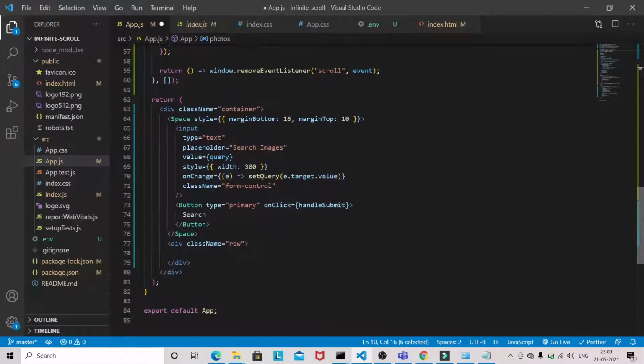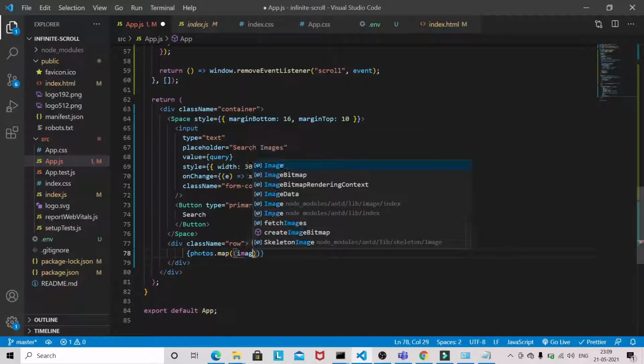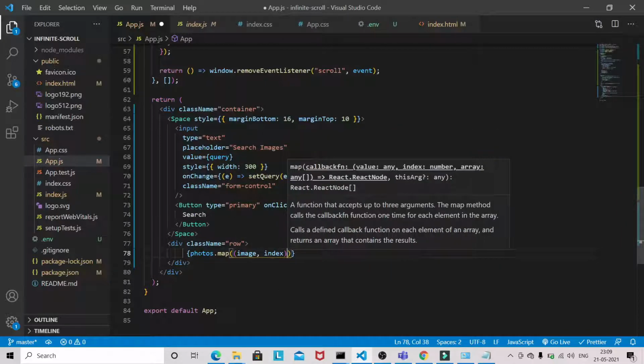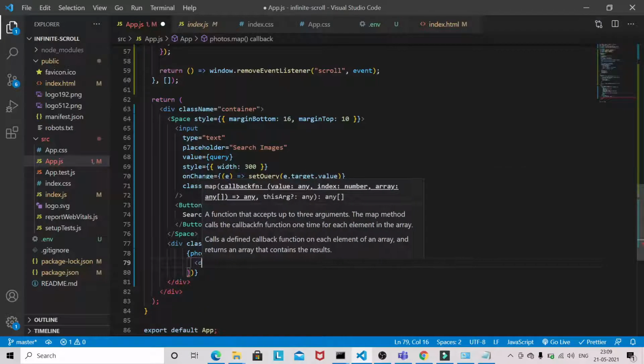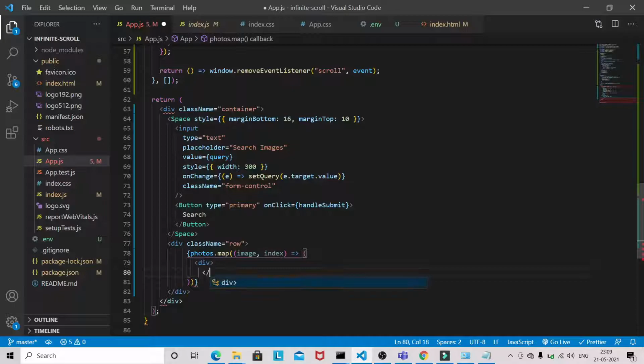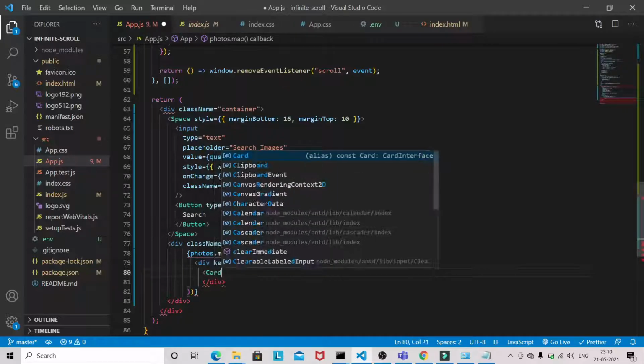So come here and photos dot map, image, index, div, key is equal to index, className col-md-4, Card.